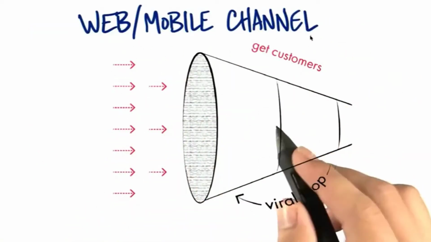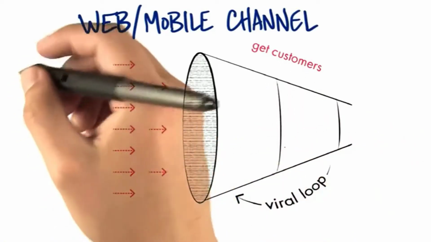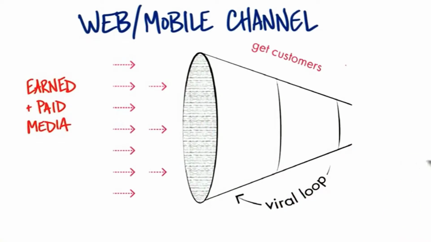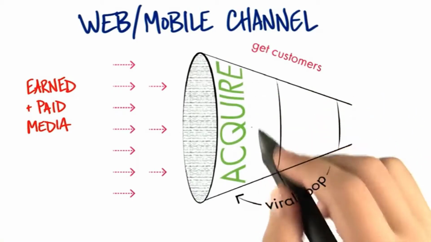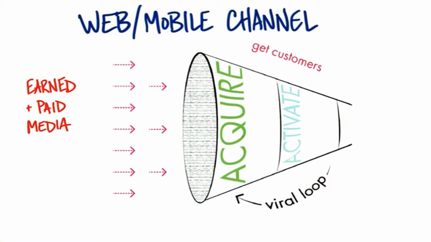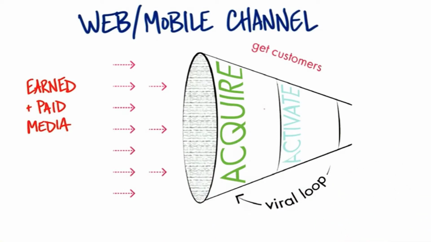Now, what's really interesting is in the web mobile funnel, the getting customers part of the funnel is actually quite simple, at least on first glance. We still have earned and paid media driving customers into the funnel. If you remember, we understood who the customer archetype was. We're running search engine marketing or search engine optimization. But in the web, we just really have to do two things. First one is we got to acquire customers, and then we activate them. Well, what's acquire mean? Acquire on the web is I want to get them to my site, or to my mobile app, or to my cloud app. How do I do that? As we said, earned and paid media will drive customers somehow to be looking at a place that you're at.